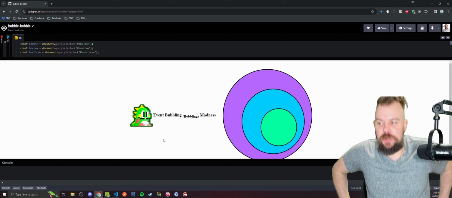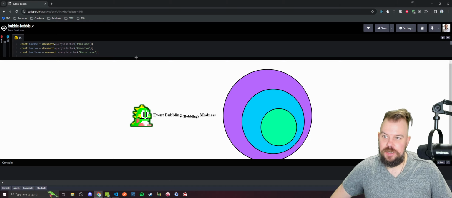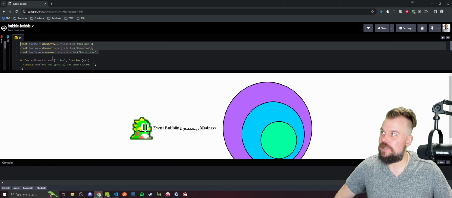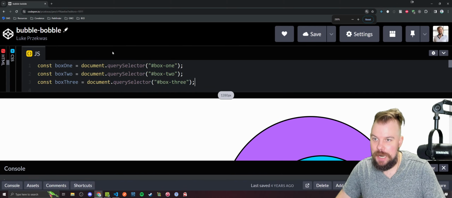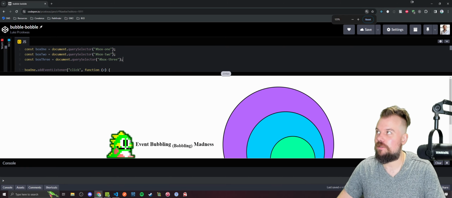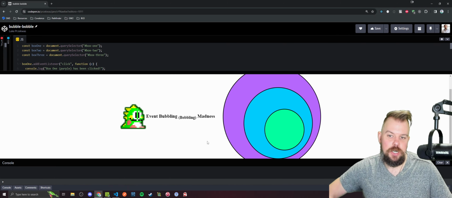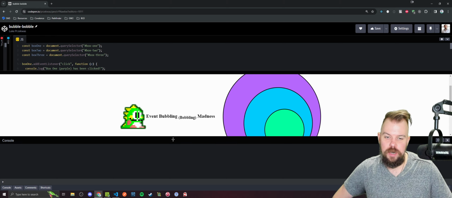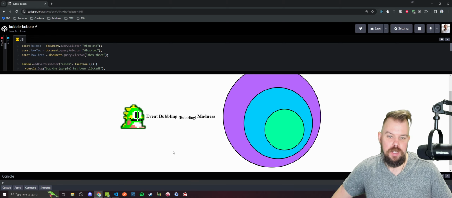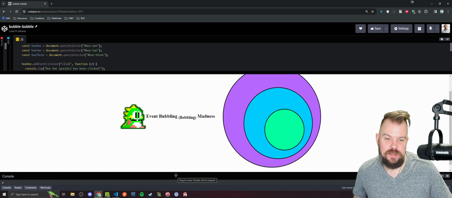where I was showing students what event bubbling is. Now, the query selectors, they all say box instead of circle. Whatever. The point being is that these divs are nested in each other and they each have their own individual click function. So the outside box or circle or bubble is bubble 1. The inner one is bubble 2, and the innermost is bubble 3. They each have their own click event that says you have clicked 1, you have clicked 2, you have clicked